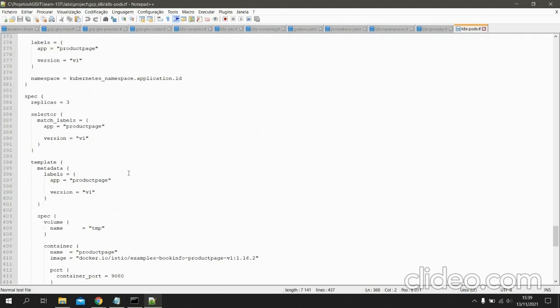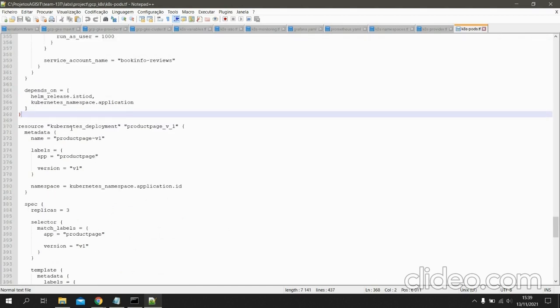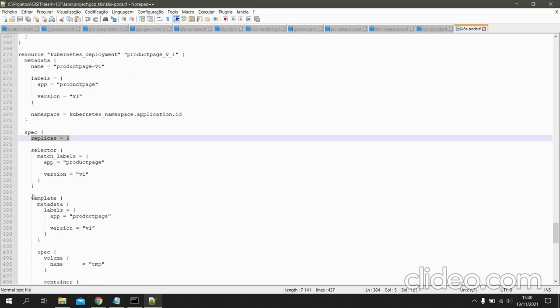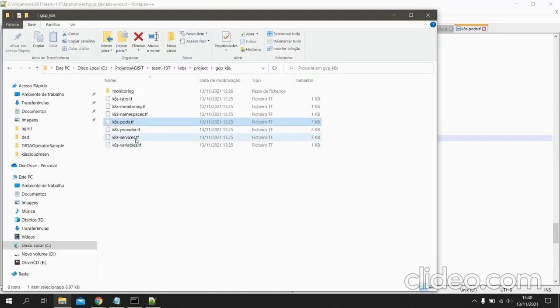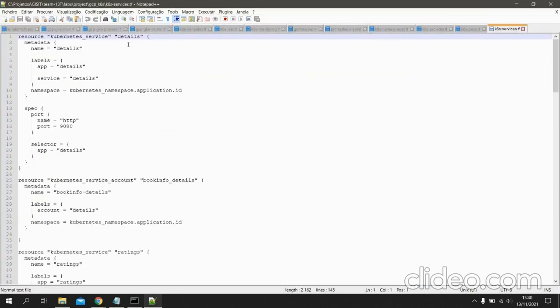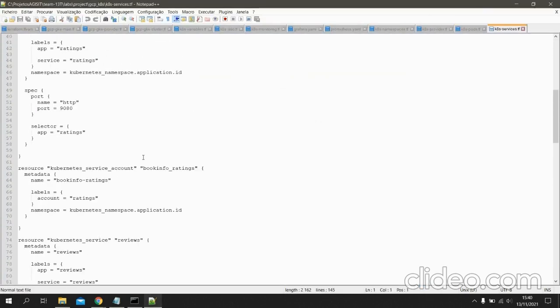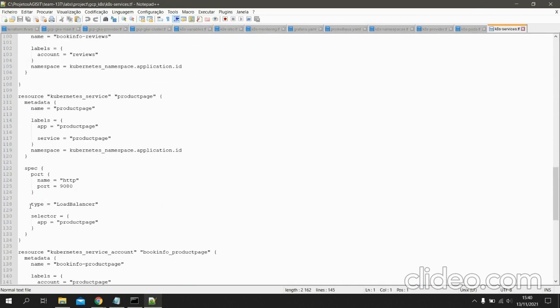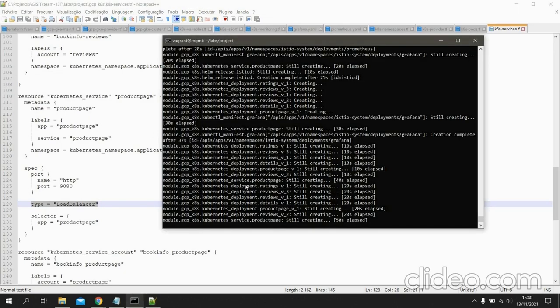Every one of these microservices' pods has only one replica, and the product page has three replicas that we will load balance. And finally, the services, such as the details, the ratings, and the product page itself that, as I said, we load balance.